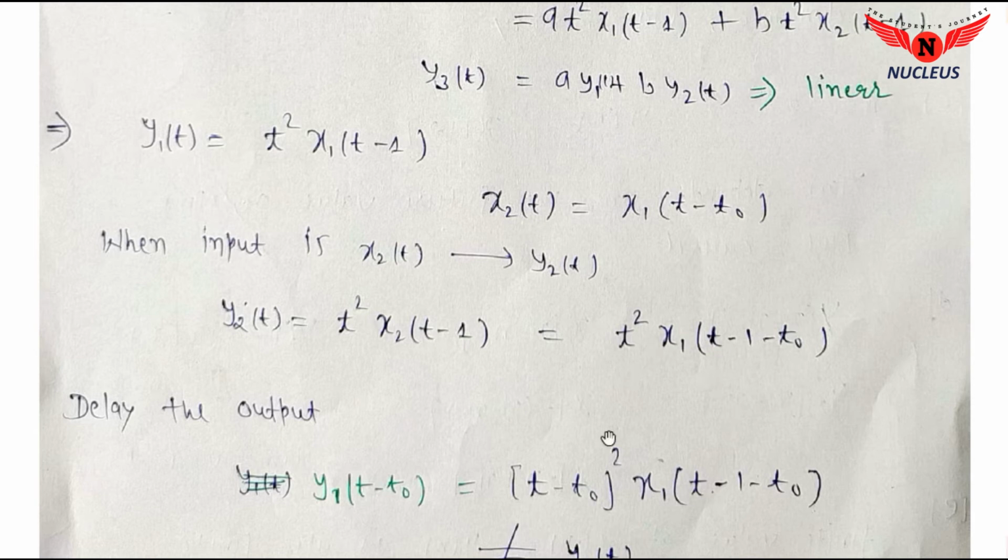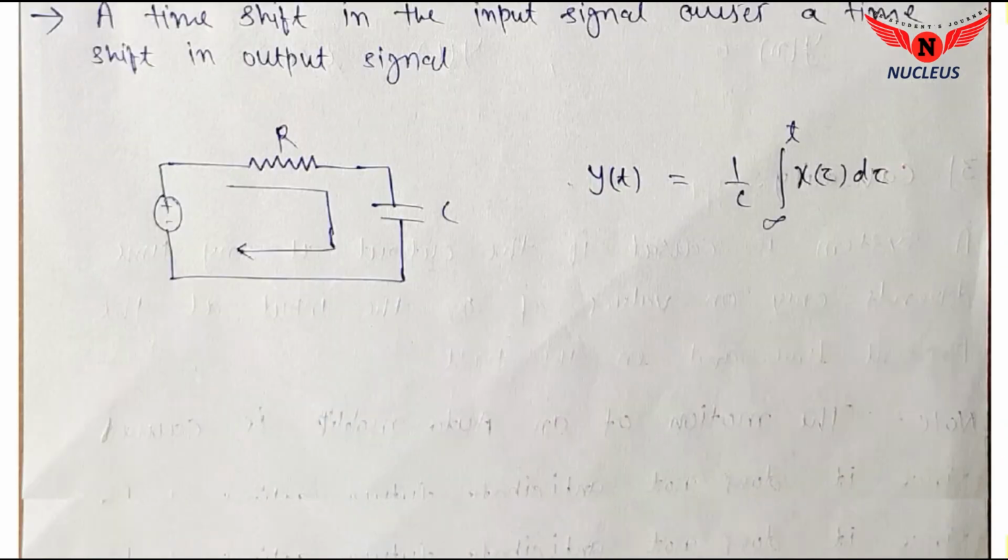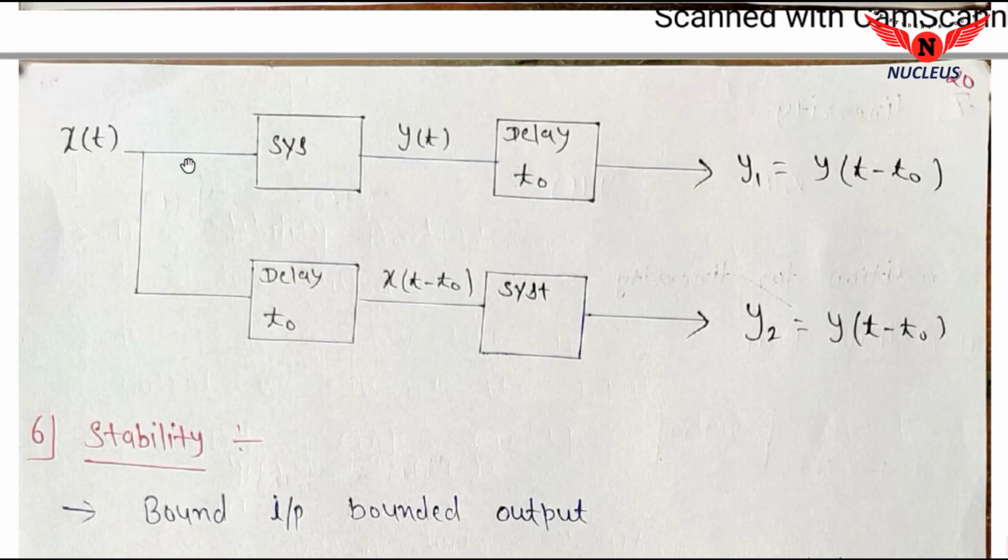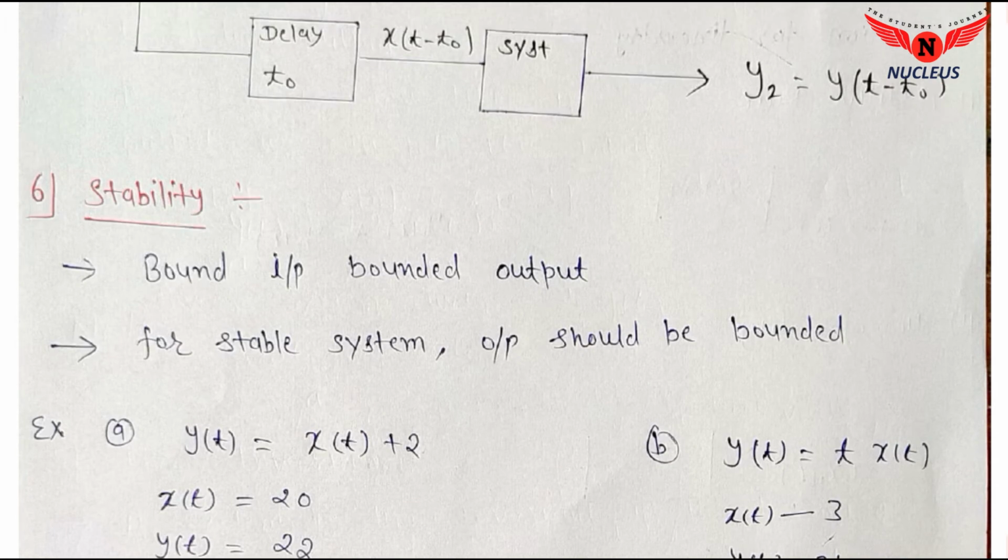The system is time variant because, you can see here, please remember this point. Our input is x(t) and the system response depends on t. When the system depends explicitly on t, the system will be time variant, not time invariant. So the example we discussed is a time variant system.